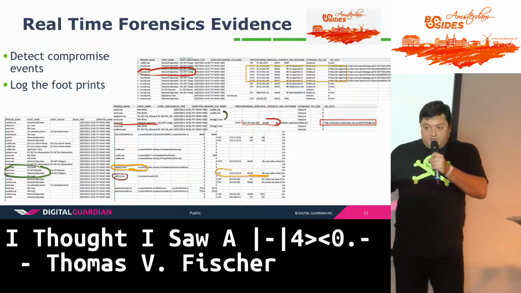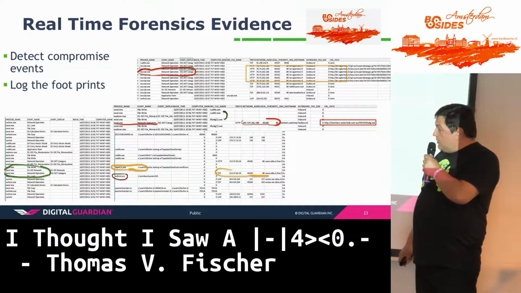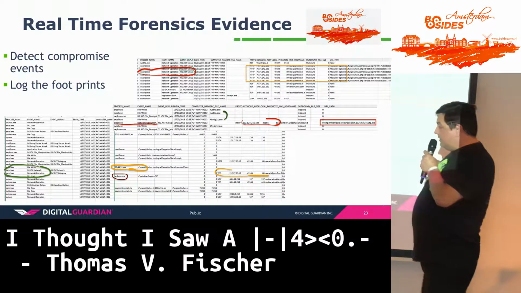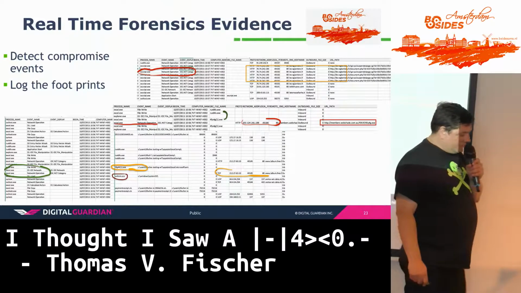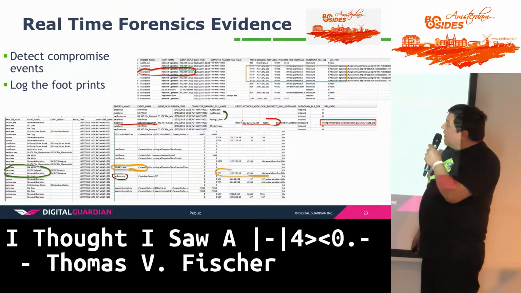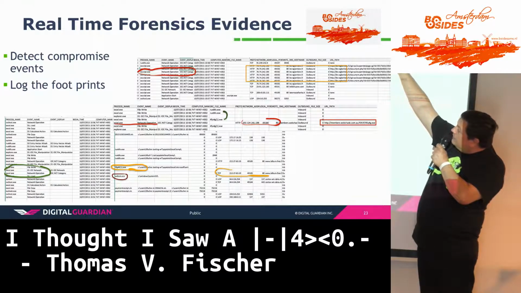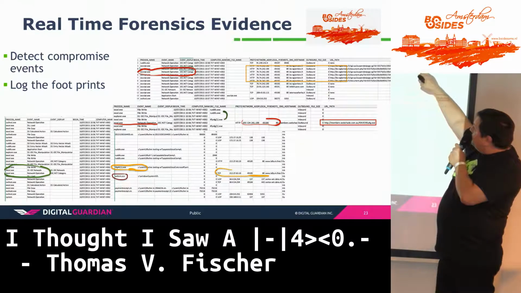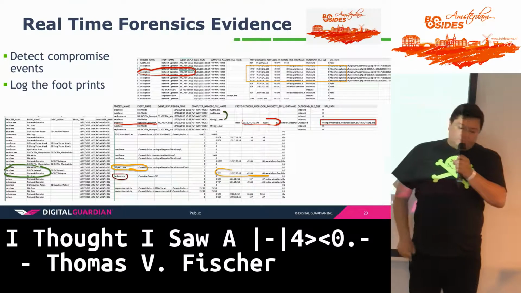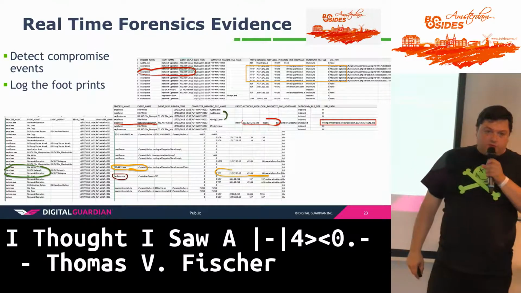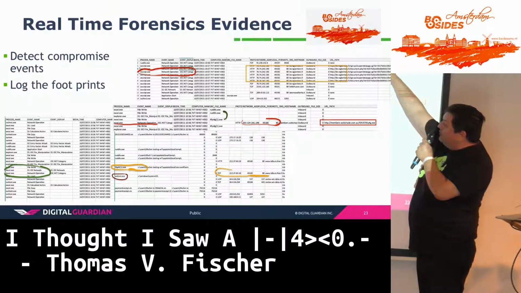Once you've gathered all that data, what you need to do is start looking at it. You want to start looking at things that are weird. This one is hard to read, but it's downloading an executable from a URL and saving it into temp. You've got certain IP addresses going. This is a call to a server. This is where it gets interesting, because this is actually a call to a 3.fr public server, a user's website. A user's website was being used to distribute a piece of malware.